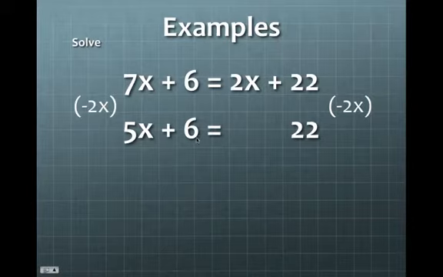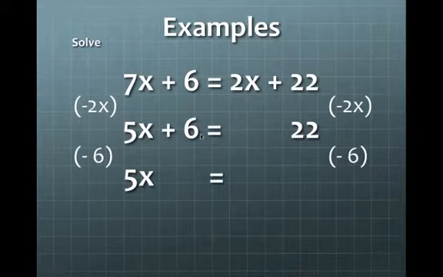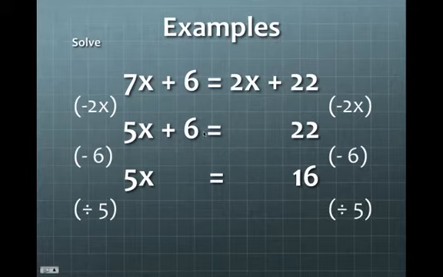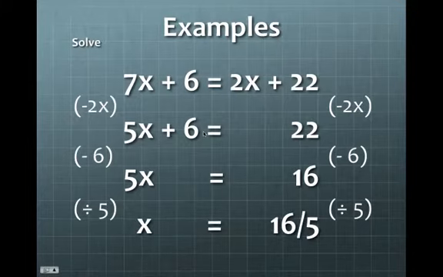Carrying on as before, we now have a plus 6 we need to sort out, so we subtract 6 from both sides, leaving us with 5x equals 16. Finally, we need to divide by 5, so divide by 5 on both sides leaves us with x equals 16 over 5. Now, we can't do 16 divided by 5 and get a whole number answer, so you have three options. The best option, in my opinion, and when you have to deal with more complicated maths, is to leave